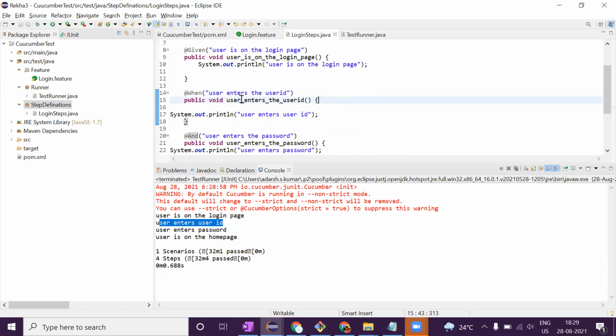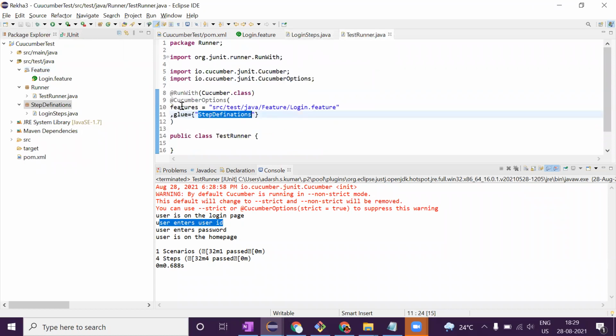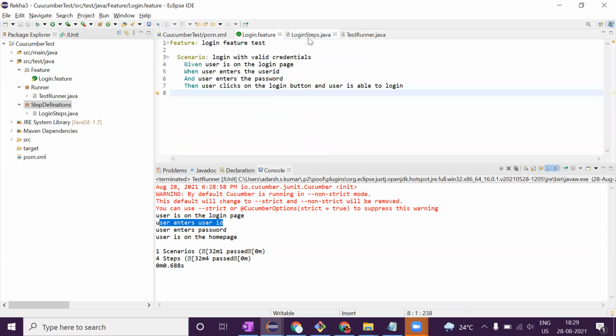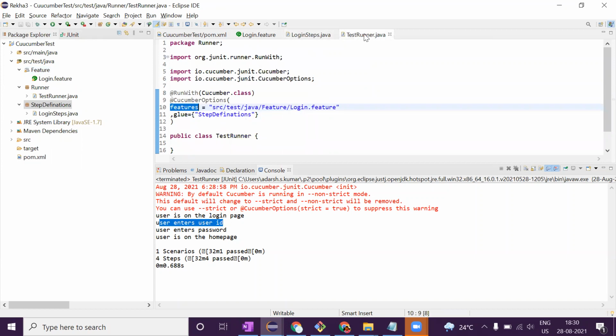Okay, this is all about the feature file, step definition file, and runner file. How you create a feature file, how you create a step definition file and runner file, and how you map the feature file to the step definition file. In interviews, they'll ask what a feature file consists of, what you have in the step definition file, what a test runner is, and what you have in the runner file. They'll start asking about the options here. What is feature? What options do we have in Cucumber? What does feature do? What does glue do? They'll ask you these questions only.